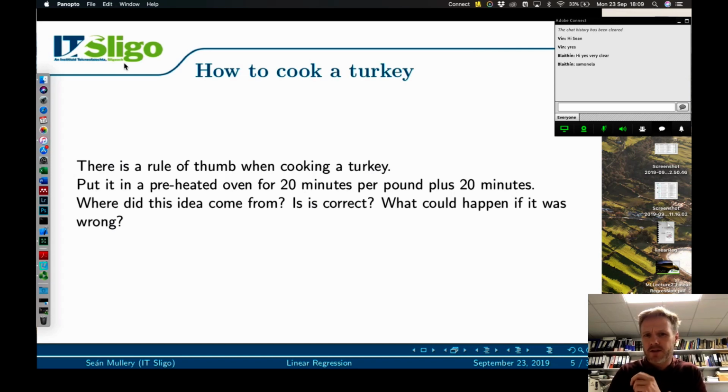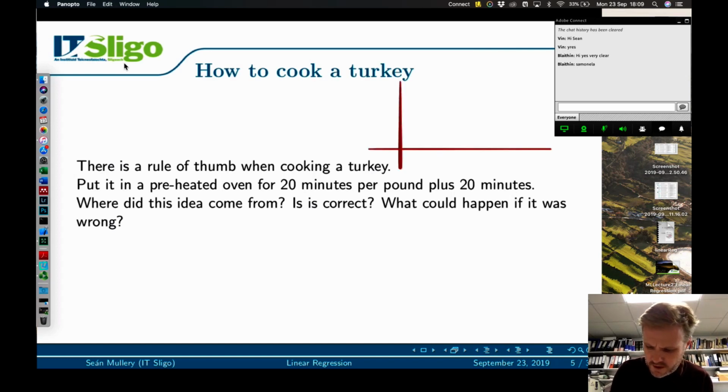So this particular example, where exactly did it come from? I don't know. How old is it? I don't know. It certainly probably predates the metric system. But what most people don't realize is that this is just a very simple linear model for cooking a turkey. And what I mean by that is, if we draw,